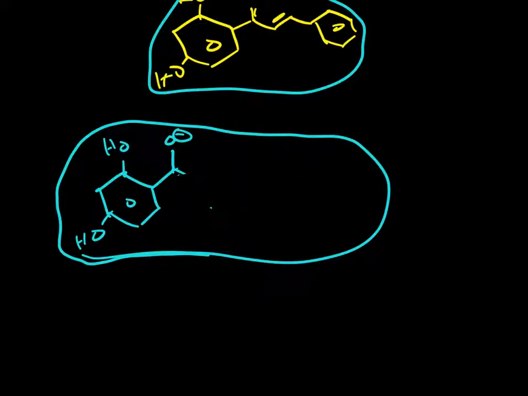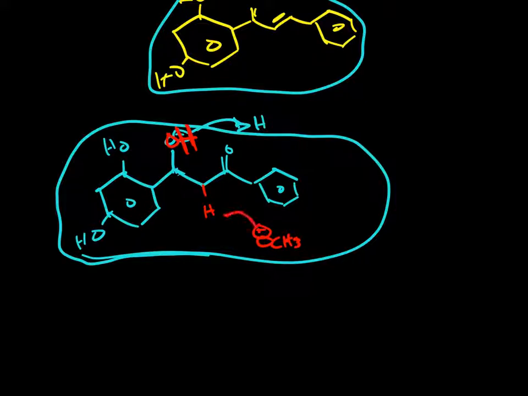So we're going to have something now that looks like a benzene ring. This will be protonated after it grabs a hydrogen. Let's go ahead and put a hydrogen on here. We have our OH group now. We have an alpha hydrogen. We can have an OCH3 group come and grab the hydrogen,